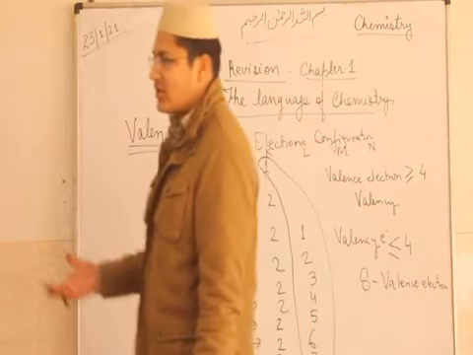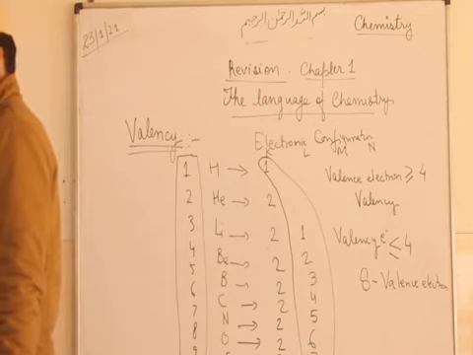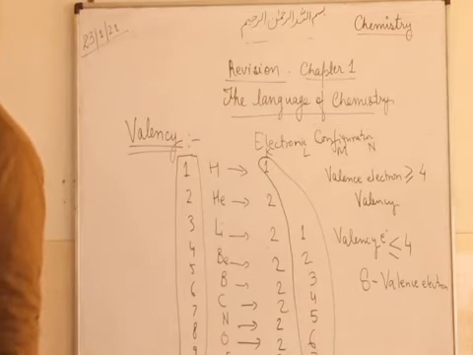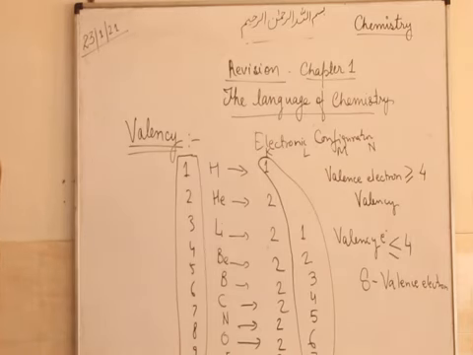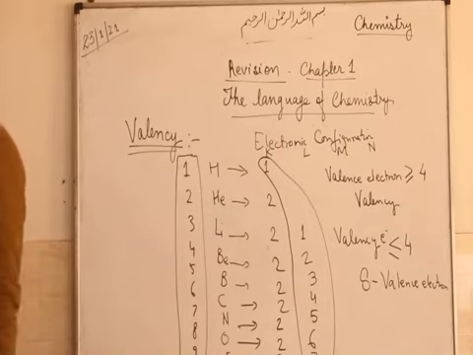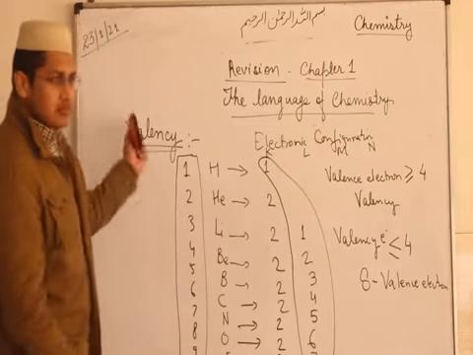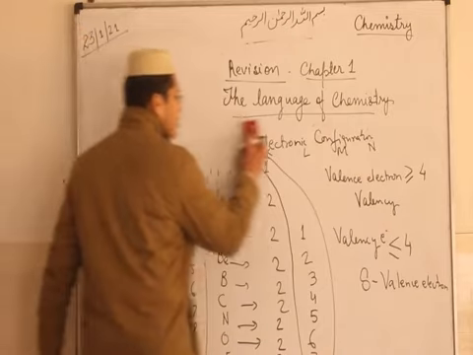The same number of electrons are shared from both atoms. It may be one or two, or even three: single bond, double bond, triple bond. The same number should be there. What is an ionic bond? It is the gain and loss of electrons, and the atoms are joined by forces. Okay, let's discuss a little bit about the